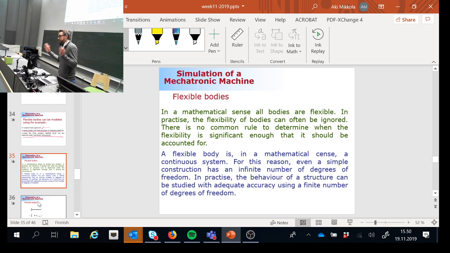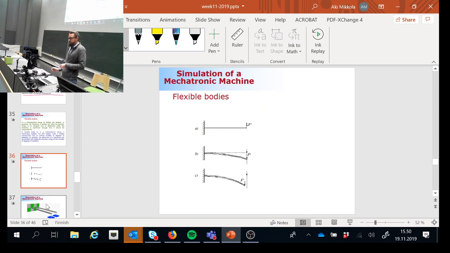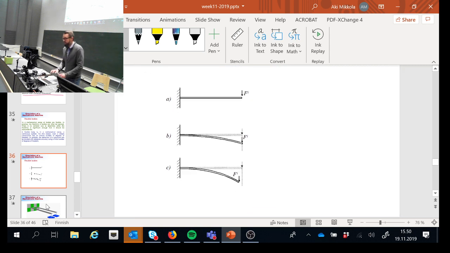Now the methods associated with flexible bodies can be categorized into two different fields. First, methods where the deformation is assumed to be small, and on the other hand, the family where the deformation is assumed to be large. It's all about how the strain-displacement relationship is assumed to be, and this is what I'm expecting you learned already in the strength of materials course. To explain what exactly I mean by large deformation and small deformation,